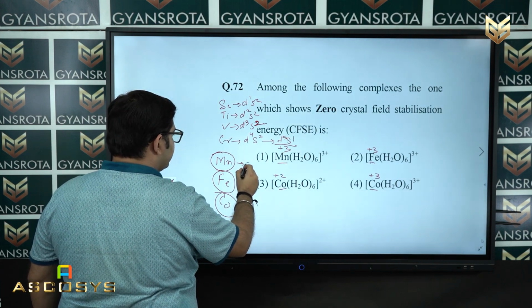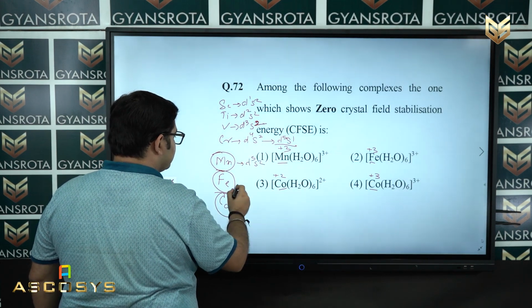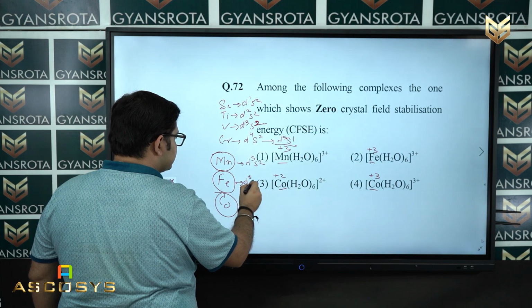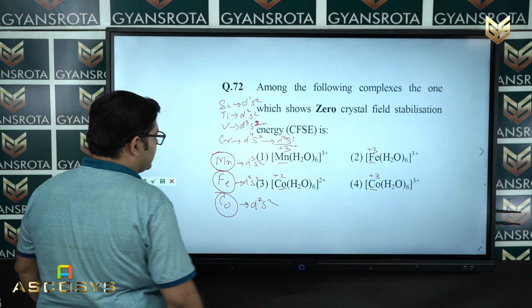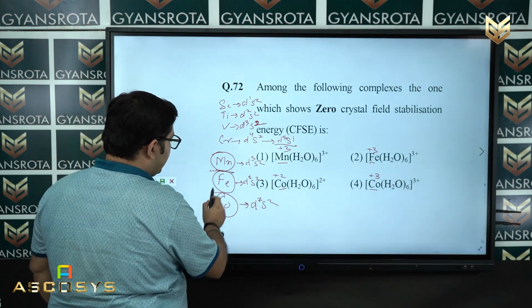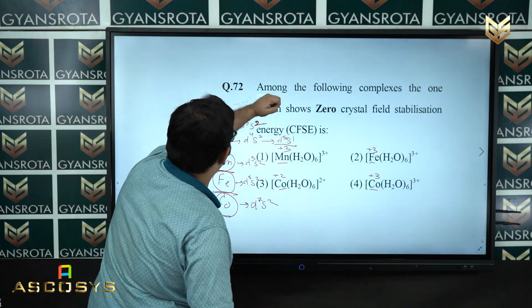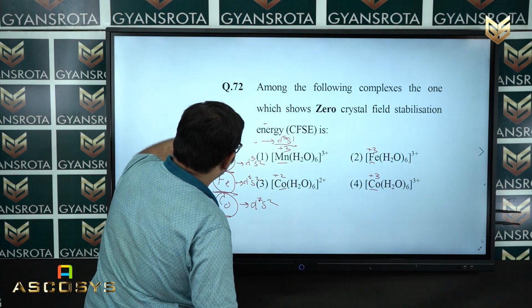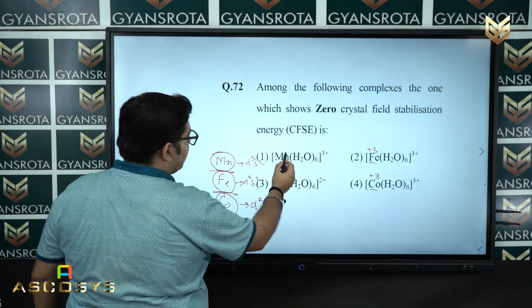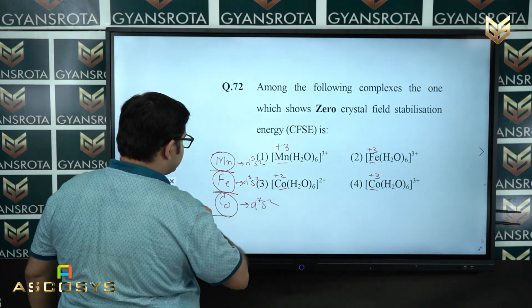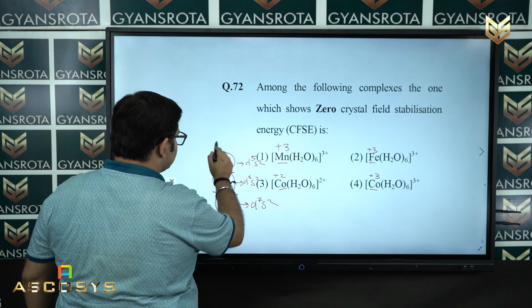For this one it will be d5 s2, d6 s2, d7 s2. So we require only Mn, Fe and Co. Remove the remaining part, we can erase it out. Now this Mn would be in +3 state. So if it will be +3, so Mn